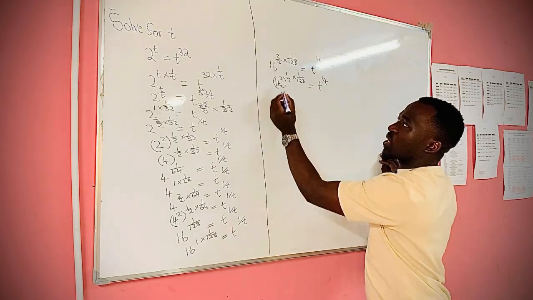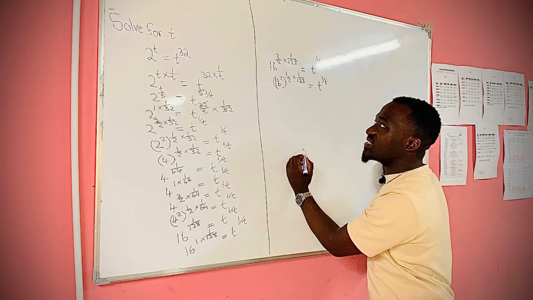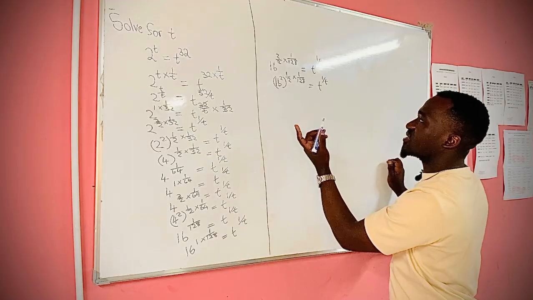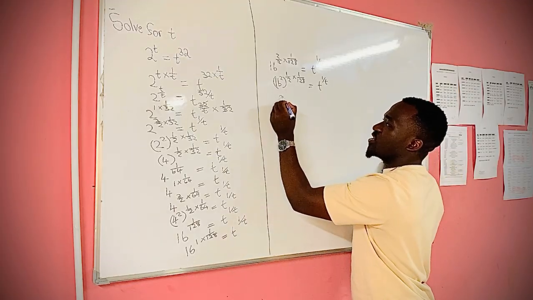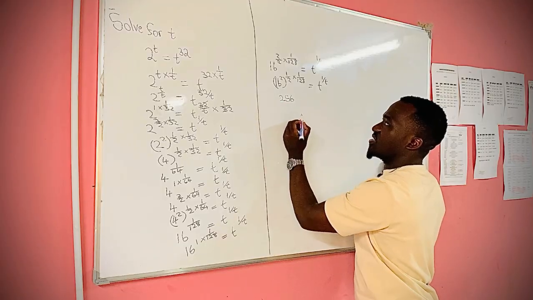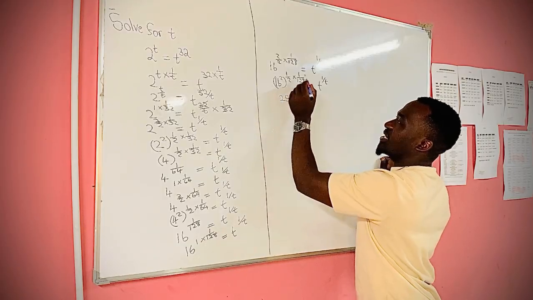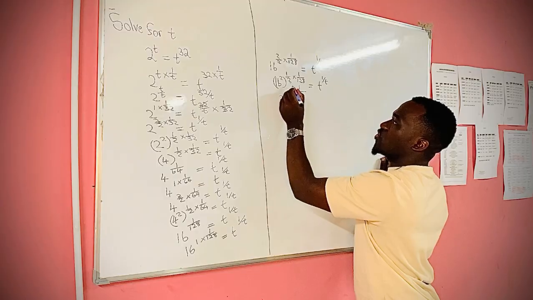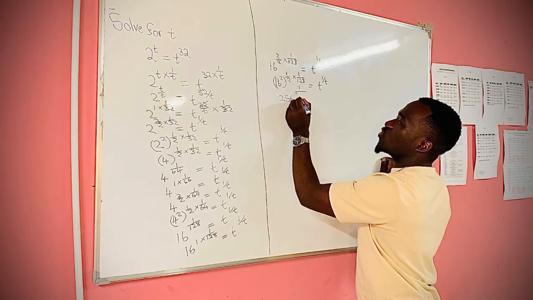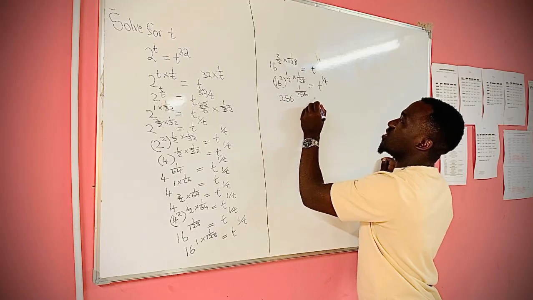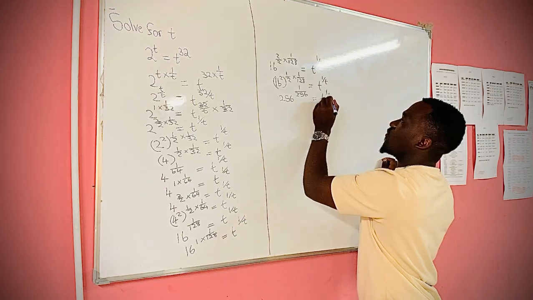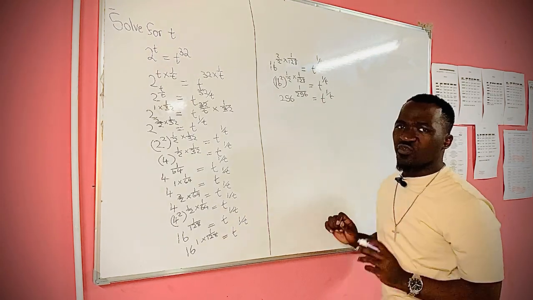Then now, this 16 squared now, 16 times 16. 16 times 16 is supposed to be 256. So we have 256. Then now, we multiply those. 1 over 2 times 128, it's 256, which is equals to t to the exponent of 1 over t. I don't know if you realize now,